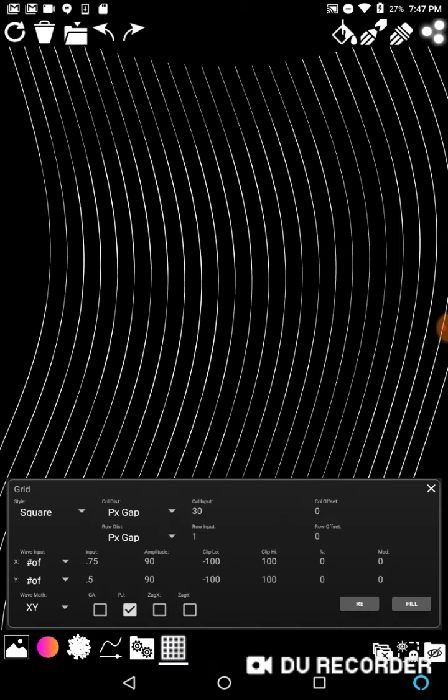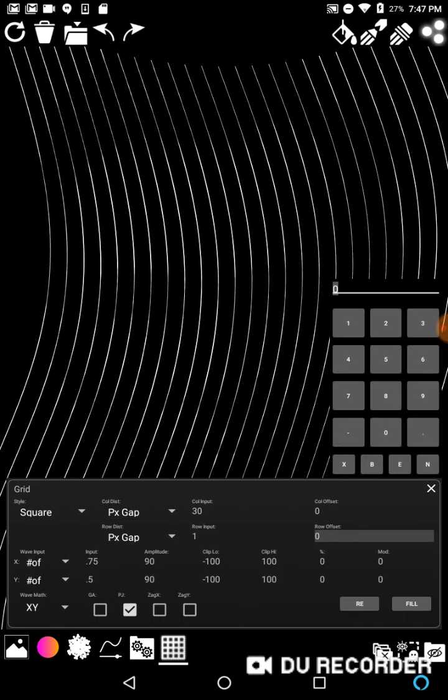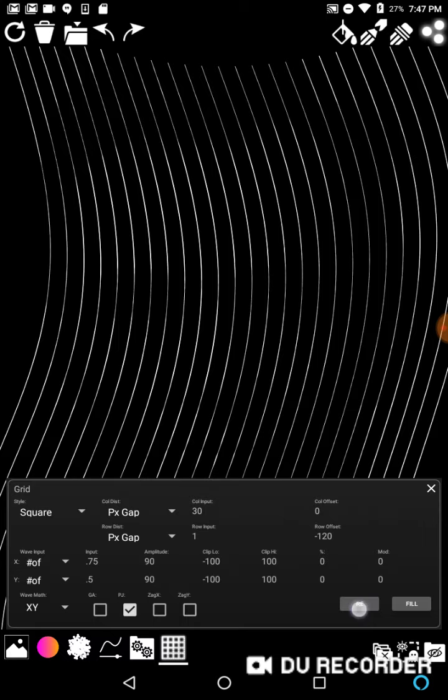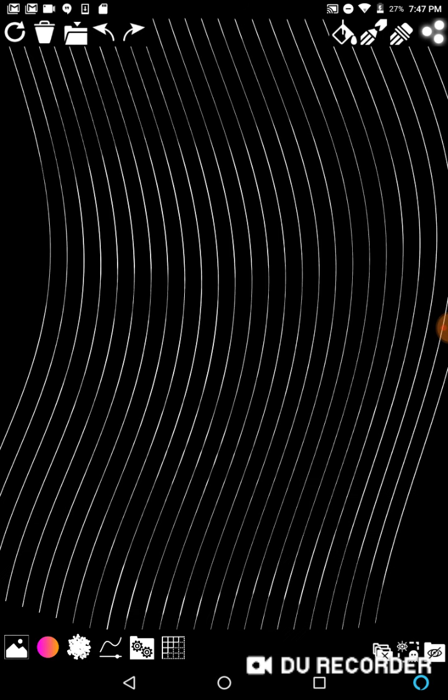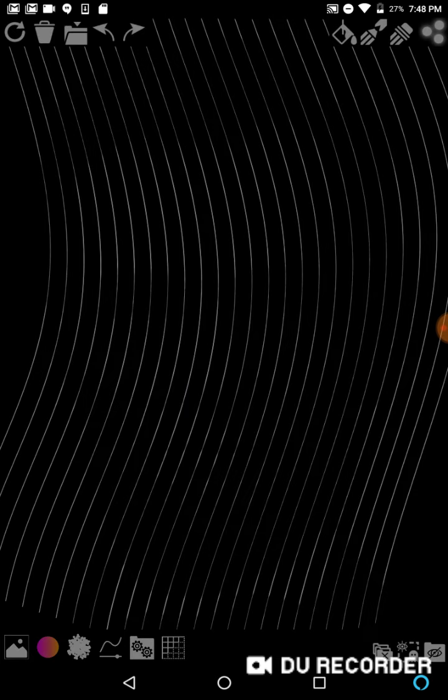We can always go to our row offset and maybe offset it by negative 120, and then hit go again, and then we can pull our grid up a little bit further. But that's how we do this trick. It's pretty much just variations on this. As you can kind of see Lincoln in here. If you squint, you can definitely see him more. Let's save this and then go take a look at it